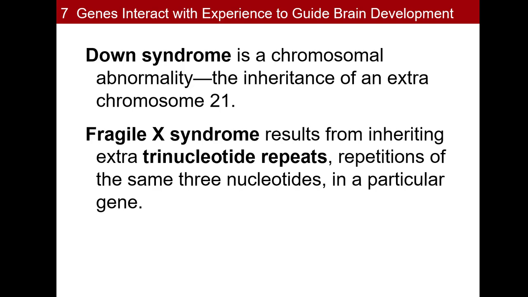So it talks about inheriting extra trinucleotide repeats. Okay, basically what we're saying is that there is a portion of the X chromosome that can be fragile, and if you have these repetitions, if you have too many of them, then it can cause Fragile X syndrome. There is some variety as far as how many repeats the typical person has. You don't have to know this, but I think your textbook says somewhere between like 6 to 50 repeats is okay. But if you get somewhere closer to the neighborhood of 200 repeats, that's where you start to have a problem. So that causes this portion of this X chromosome to be damaged.